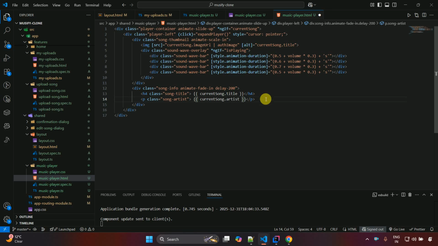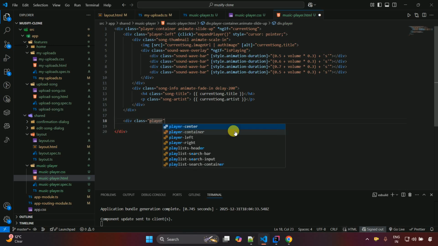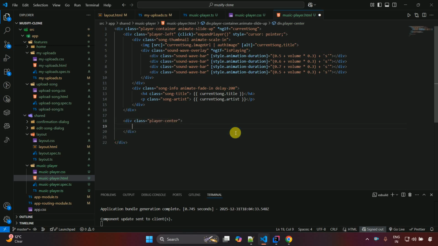Okay, and after that the left part of the player is completed. Now we have to write the logics related to the controller. So we have to go outside of this particular div and inside this particular div. Now we have to write here div class player center, and then div class control button,